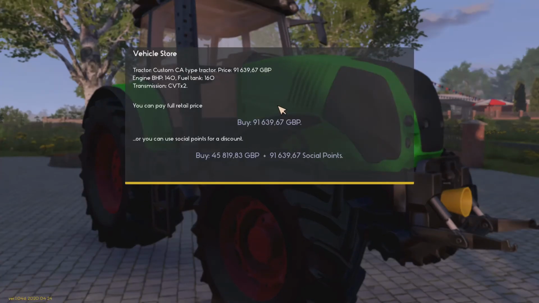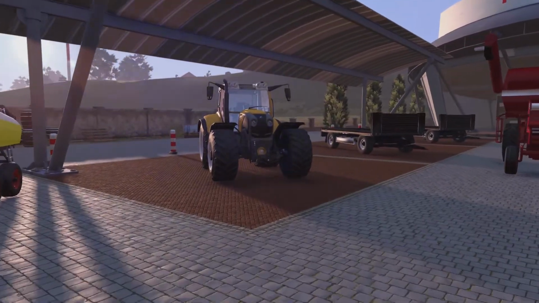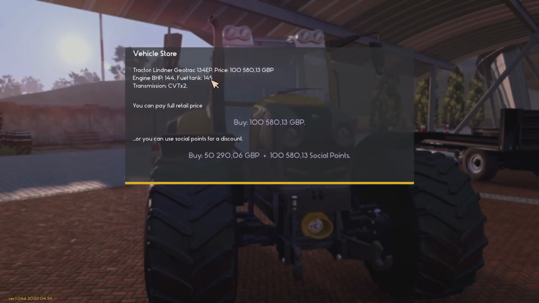Oh, there we go. So this is 91,000. Yeah, that's a bit out of our price range just now, to be honest. 140 brake horsepower, 160 tank. I'm assuming that's more than litres, I don't know. Or we've got this one. That one's 100,000. 144 brake, 145 tank. I wonder why that's more expensive actually. That looks...